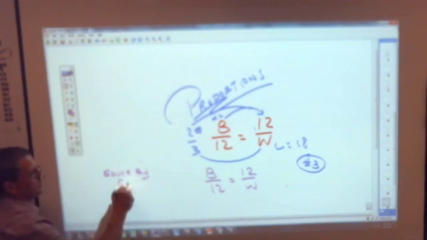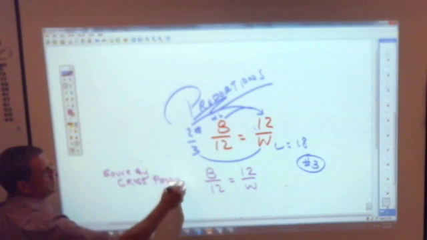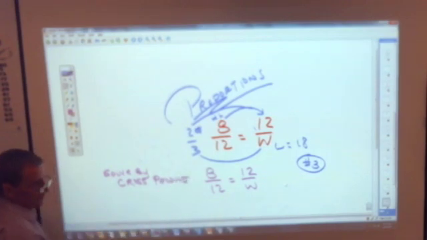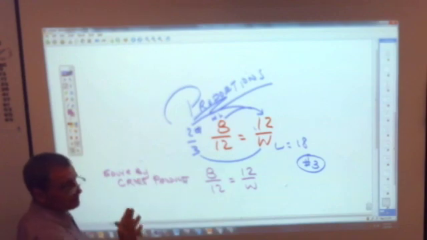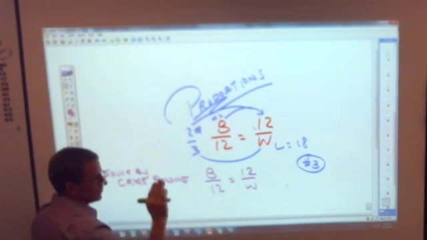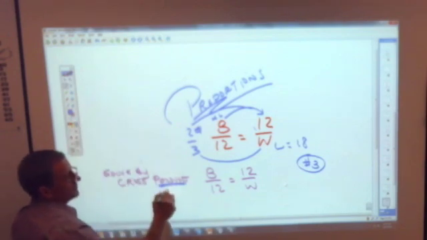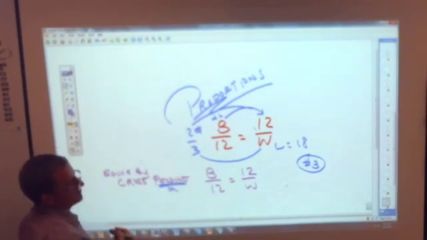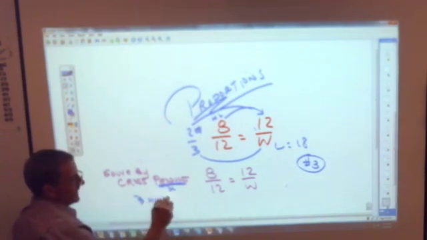by cross products. Please don't get this confused with cross canceling. Okay, you cannot cross cancel with equal fractions. I can't cross these 12 out. It's only when I multiply fractions that I cross cancel. This is cross products, and the word product means multiplying. So what that means is this. Basically, you take the products, you multiply the diagonals,